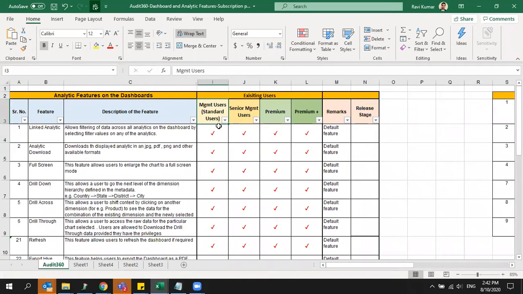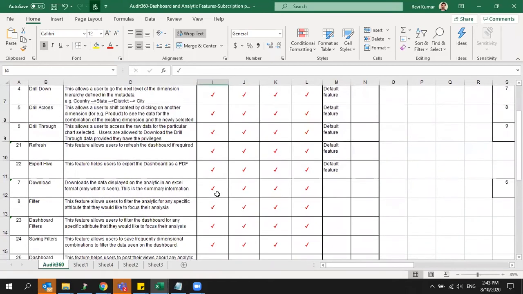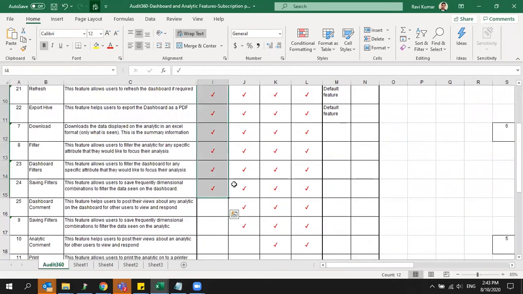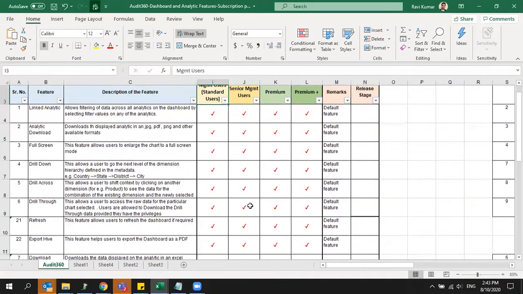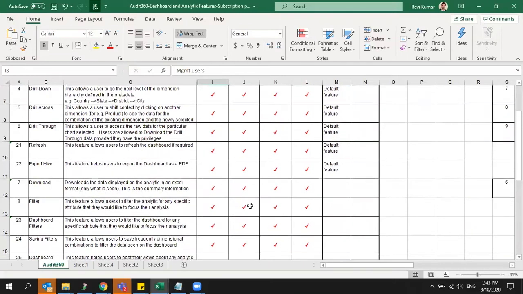This management user is nothing but standard features. All the users who got the dashboard access are getting these standard user features. So first I'll explain what standard will get, since you only have access to that level of features, and what all you can do in the dashboard.